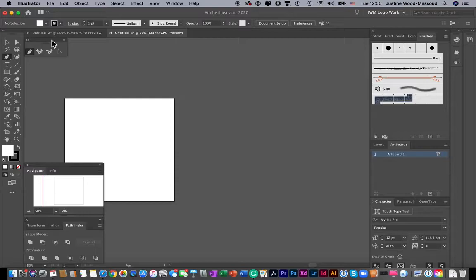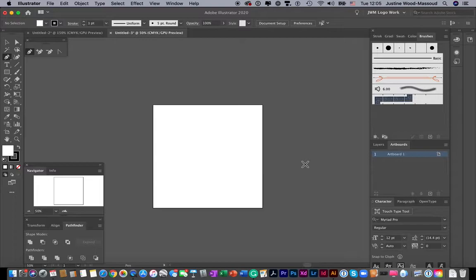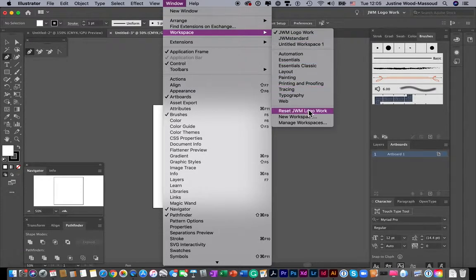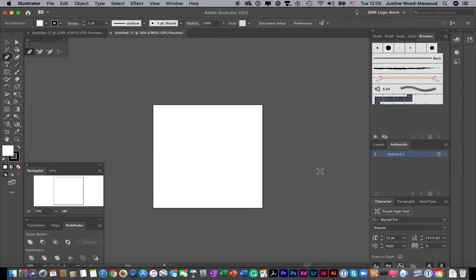Once you've decided how you like your screen to look when you're working, you are welcome to go up to Workspace, and you can save a new workspace. You can reset it. You can choose one of the ones that is pre-arranged for you. The one that I use is similar to Layout, but you can also just name it your own workspace, and then you can always go back to it if things get messed up and you're not happy with how it's looking. Okay. All right, so we are starting with a document,